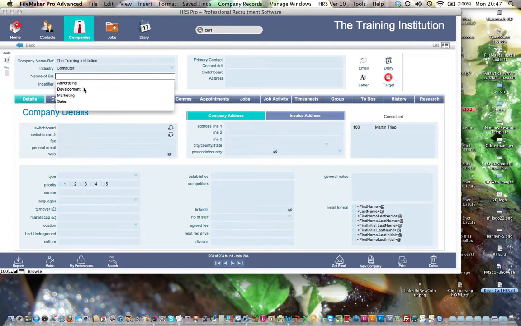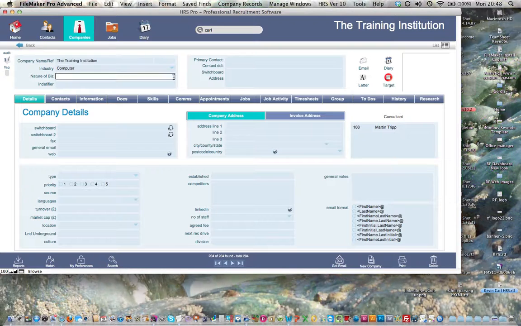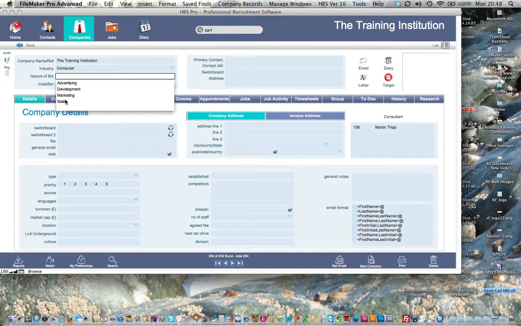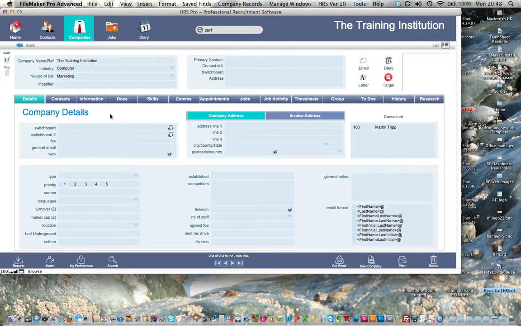So let's say computers. We've also got this nature of business here that allows you to pick and choose from particular options. You can change your drop downs, of course, in the administration section, but just in case the business has a specific function. And we can add a mobile phone, phone numbers here, so 208-888-9999. Fax number, general email, website, so